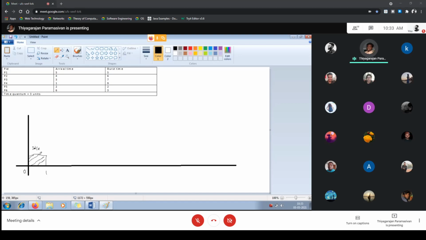CPU is idle, but at time 1, what process is being arrived? P4. So we'll allocate P4 to the CPU. And I said that each process will be allocated only a certain amount of time. So here each process will be allocated only 3 units. So it starts at